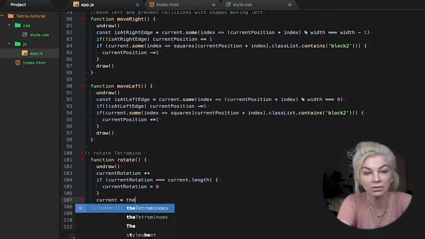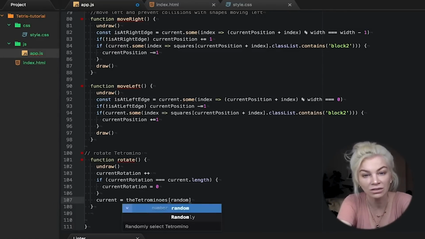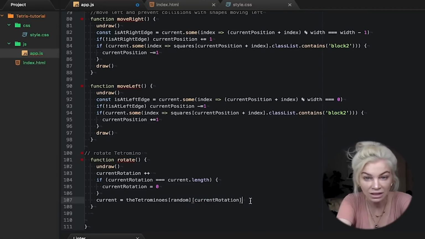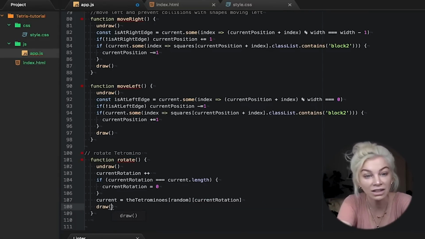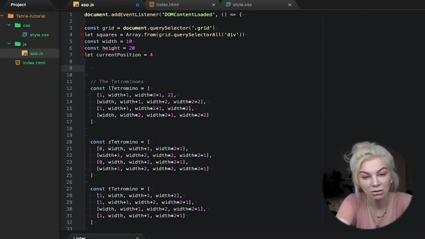Okay, so now we've written the functions for our move down, move left, move right, and rotate. We need to assign keys to them and add an event listener. Do this at the top of your JS file.